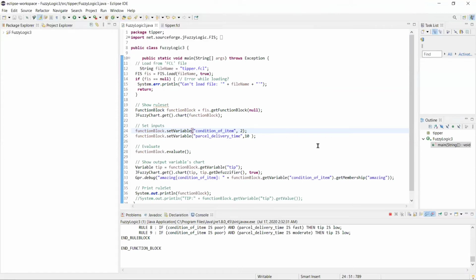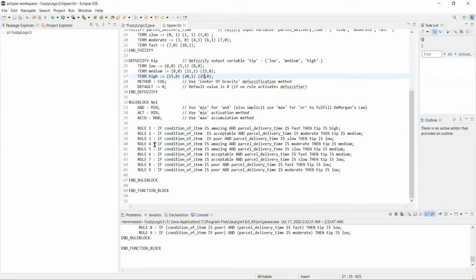And lastly, I will try to set the condition of item to 5, which represents acceptable, and parcel delivery time is 6, which represents moderate. So based on my Java program rule here, if the condition of item is acceptable and parcel delivery time is moderate, then the tip is medium.